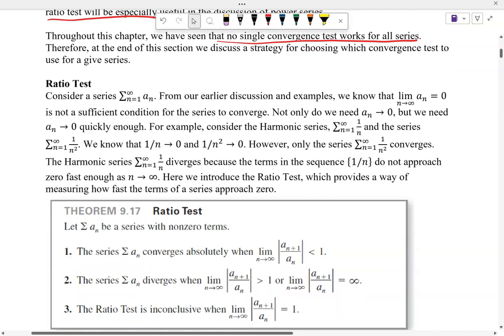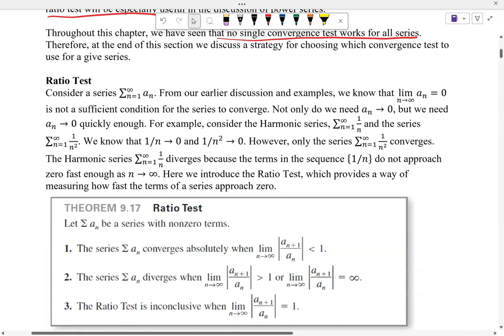Well, if you think about it, was the limit of the nth term equal to zero? That's not a sufficient condition for the series to converge. It doesn't tell us for sure if it converges, right? We could not conclude that. We knew if it was not equal to zero that it diverged, right, by the nth term test. So not only do we need to know that it goes to zero, but we need to know how quickly